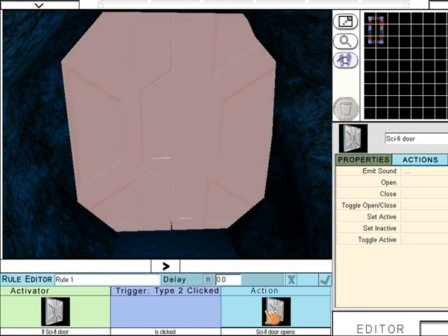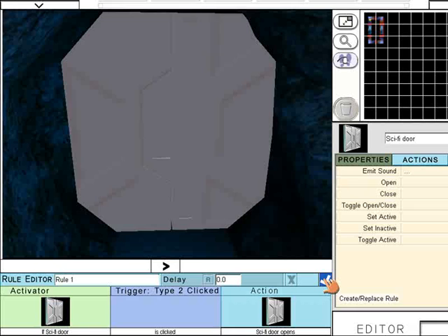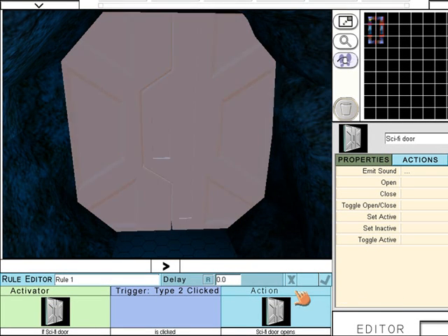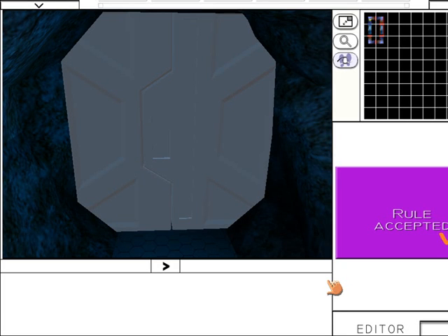If that sounds right, and it does, what I'm going to do is accept that rule. Any rules that I want to bring into the game, I must click this tick to accept the rule. If I make a mistake, click the X and that will close it. Okay, so I'm going to accept the rule. Rule accepted. You'll see this purple box telling you your rule's been accepted, and now I can test that rule out. I'm going to click the play,